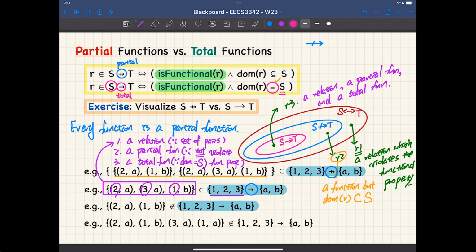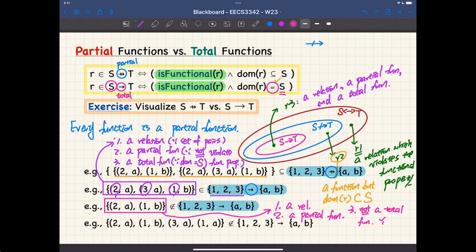All right, guys, for this one here, let's make some remark. I think you guys really want to clarify the basic stuff so you wouldn't struggle in the lab later. Okay? Number one, it is a relation, for sure, for the same reason. Number two, it is a partial function because it satisfies the functional property. 2 only maps to A. 1 only maps to B. Number 3, not a total function